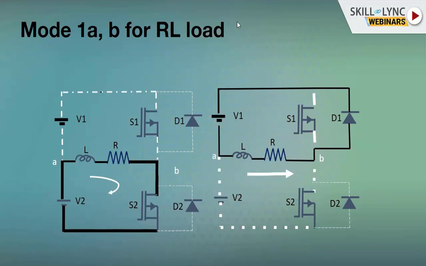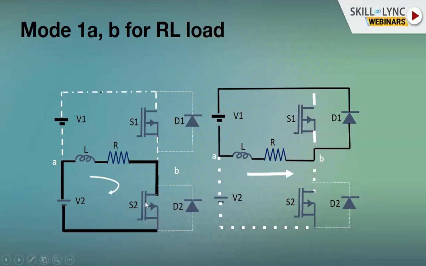The working remains the same. S2 is switched on as per the previous condition, and the current flows from V2 to the load to S2 and so on. But in this particular duration, the inductor is charging. Inductor is a storage device. It stores the energy in a magnetic field. So this inductor is now charging. It charges as A end positive and the other end negative. It charges up to a level until the time S2 is connected.